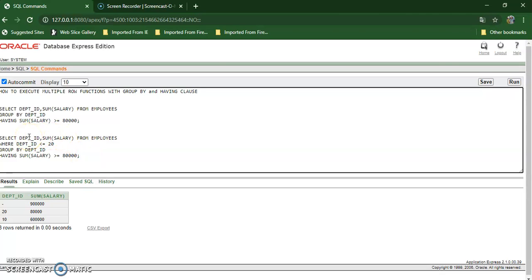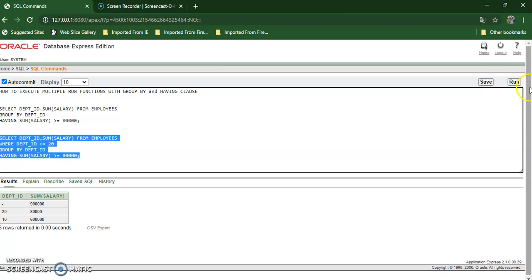So here two conditions are there. One condition is on a column value, that is department ID, that's why it is in the where condition. And another condition is on the result of a group function, that's why we have to use the having clause.